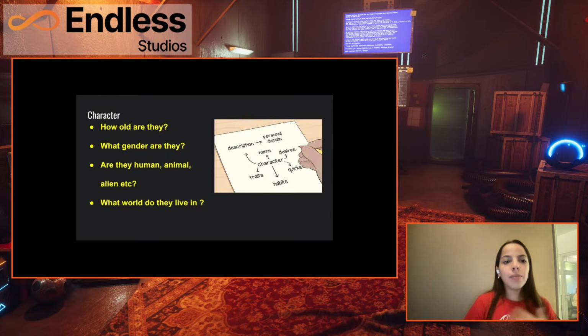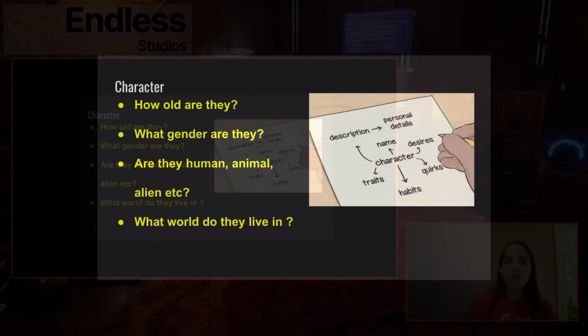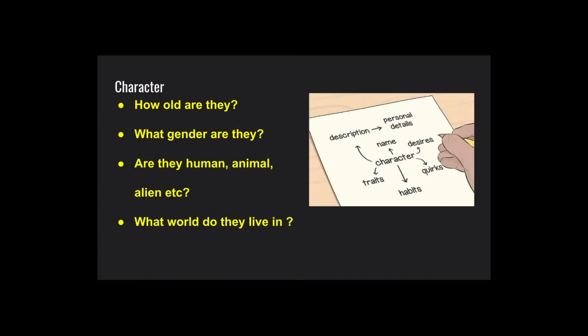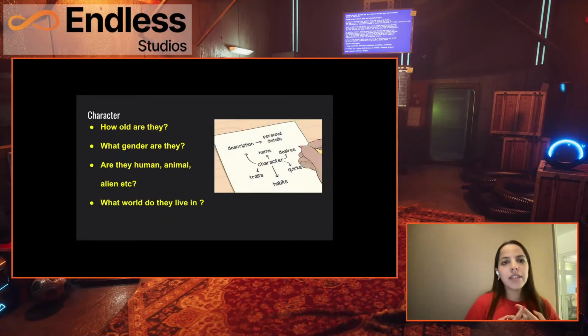But you want to have these parameters eventually defined so you can tell your story in a way that makes sense, in a structured way. Because if you have, let's say, character A that lives in one universe and character B that lives in another universe, you need to eventually have a place in the story that connects these two characters and makes their connection point clear, and that then becomes a turning point of the story. What world do they live in? That's just another point of which world they inhabit.